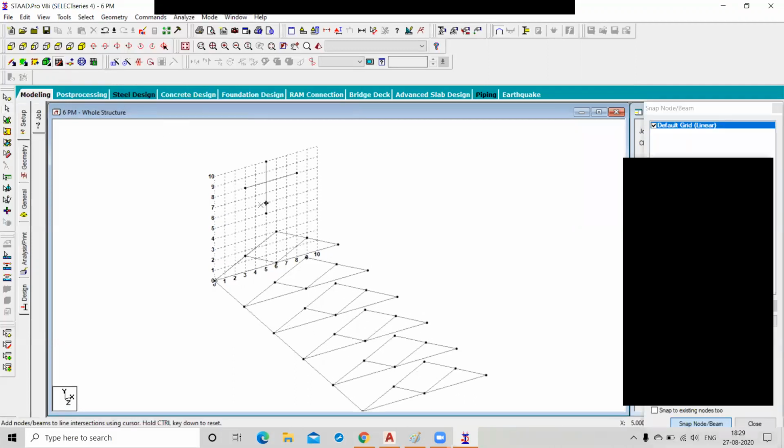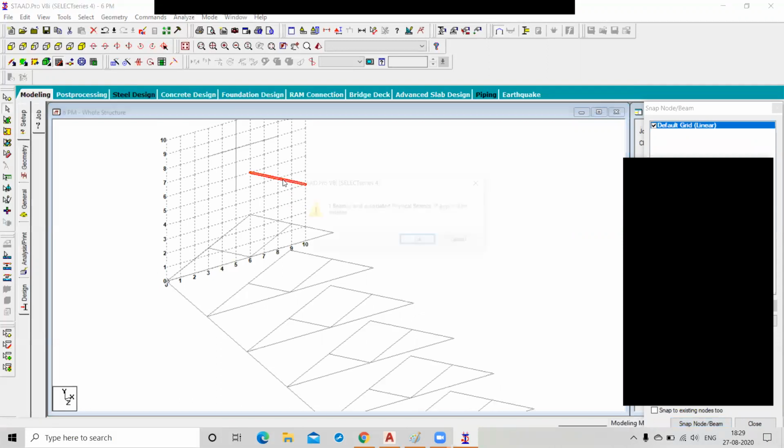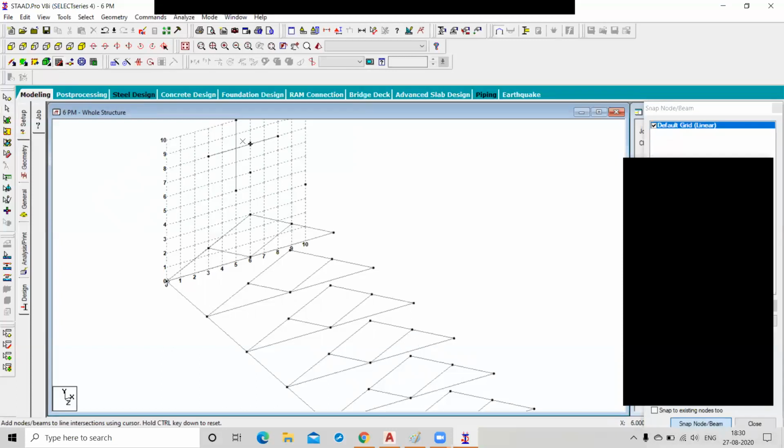Now I'm creating a node from here to here, right? And delete this beam. Yes. And you have the nodes only. So these are the nodes we have.